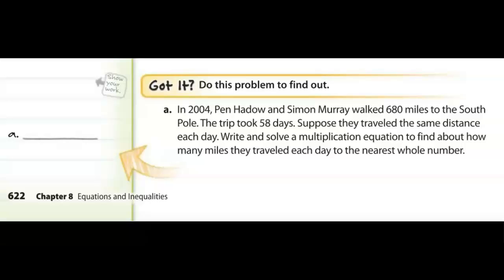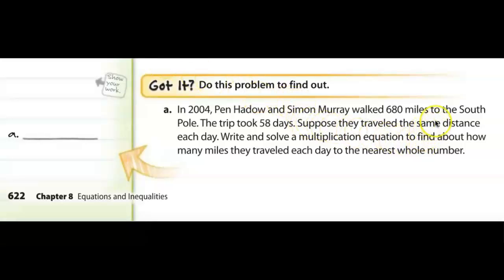In 2004, Penn Hadow and Simon Murray walked 680 miles to the South Pole. The trip took 58 days. Suppose they traveled the same distance each day. Write and solve a multiplication equation to find about how many miles they traveled each day to the nearest whole number. Okay, so the question is write and solve a multiplication equation to find how many miles they travel each day. Now, the one good thing is they actually told us to write a multiplication equation, but we kind of already knew that was going to be the case